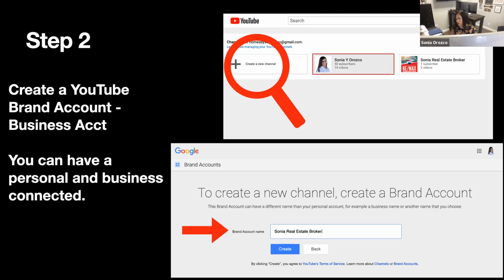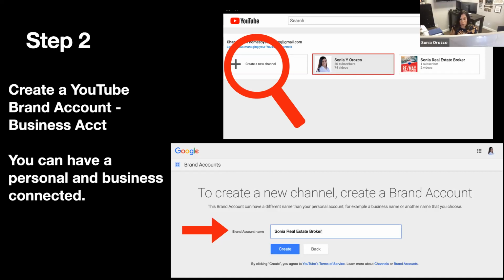That's what we're talking about, is leverage. Like you, Lupe, let's just say you don't have time to do this or that, but let's say you hire a virtual assistant, you can give them access. They don't necessarily need your account information. You'll just allow them access to post for you if that's something you want to do. Having the brand account, the business account, allows you to do that.